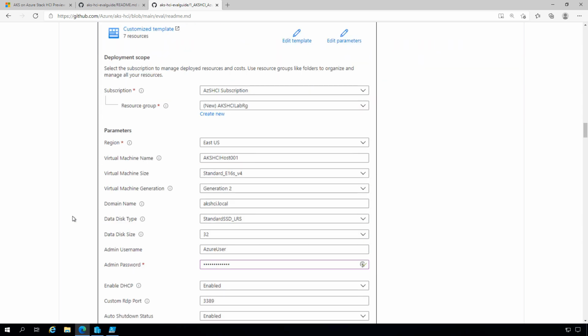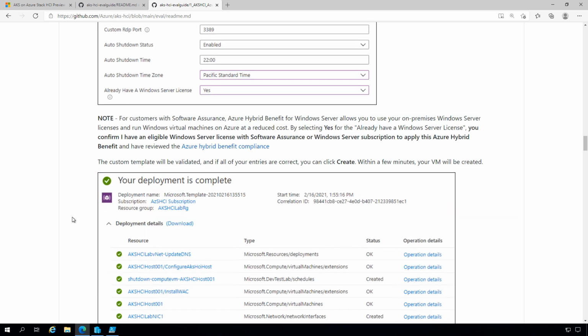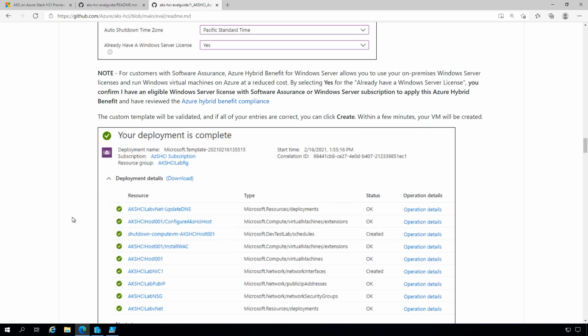It will take you to the Azure portal and prompt you to complete this form, which is essentially pretty much pre-completed for you. You only really need to add a few extra fields, like resource groups and some credentials. Everything else you can pretty much leave comfortably at the default settings. I would recommend enabling the auto shutdown and specifying a time though, because that can help you to control costs. But once you've specified all of those parameters, all you need to do is click create, and within about 15 minutes, maybe slightly longer, you'll have a VM that's all ready to go and pre-configured.